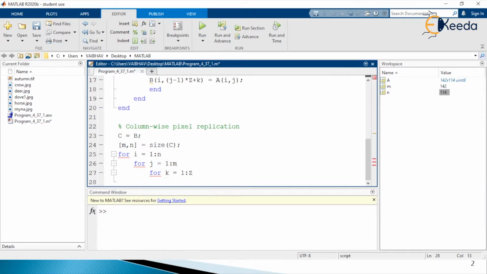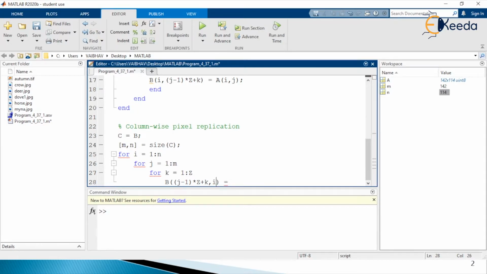So now with the help of the intermediate image variable defined, capital C here, we are going to generate capital B as a variable here, and capital B within a pair of parentheses. What we are doing, we are having j minus 1, which is multiplied to the zooming factor capital Z added by, we have the variable small k comma i here.